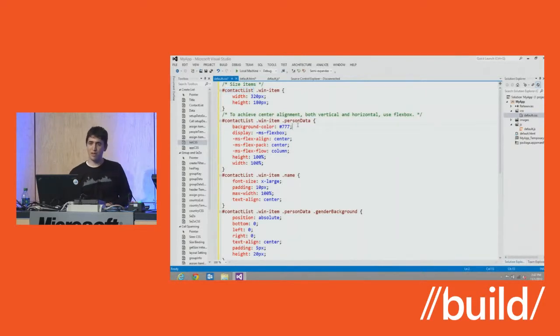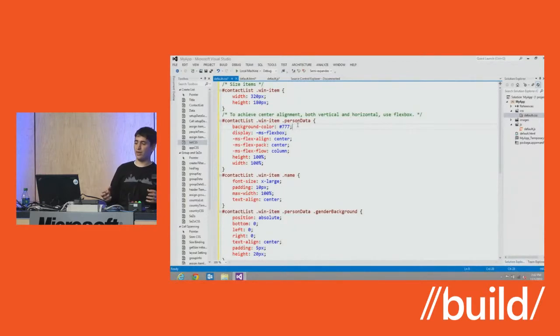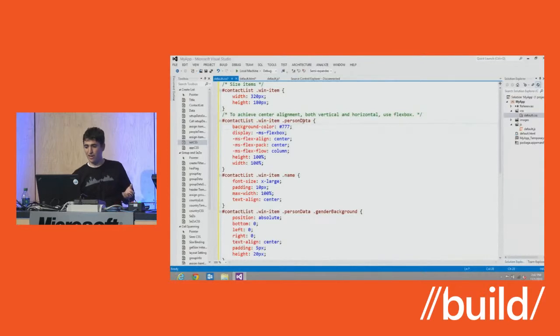The next most common style that you're going to want to apply to your ListView items are colors. Right here you can see I just did it on a div inside of my item called person data, and I just picked a color. The other important things here are that I'm centering the content and positioning it, and also positioning the gender at the bottom. And so now if I run this,